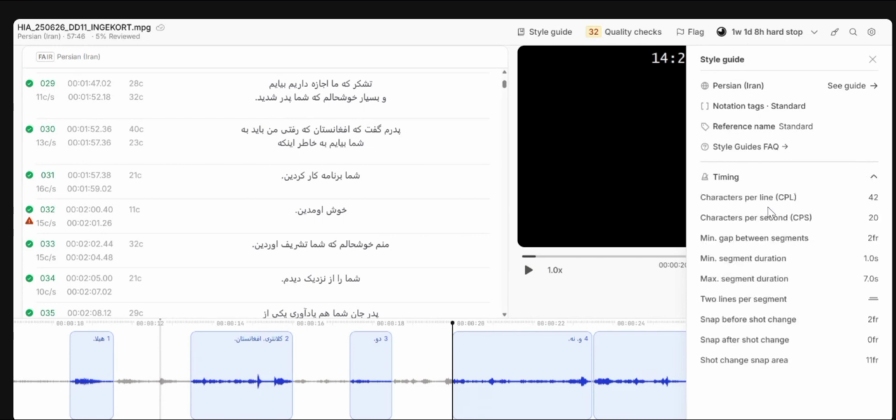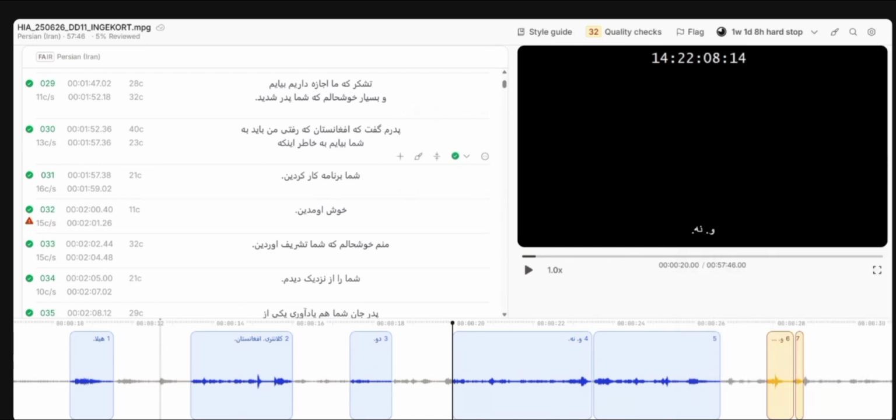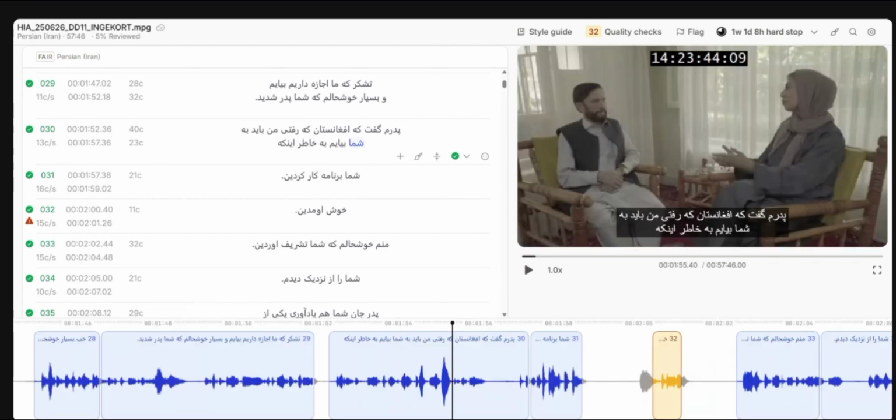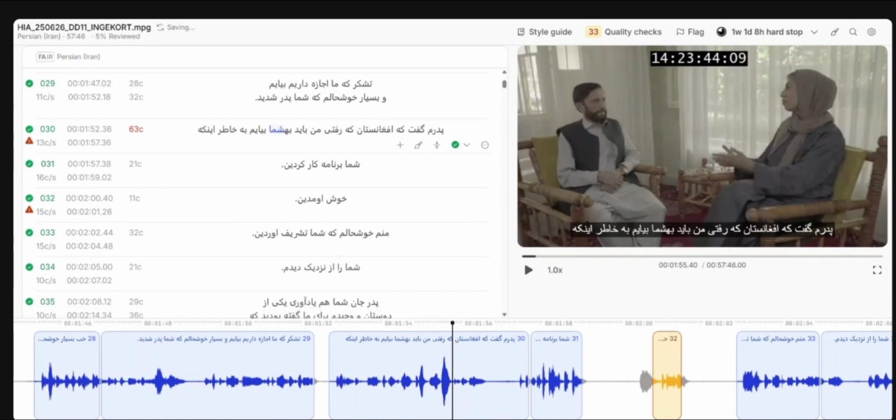Characters per second should be 20, and characters per line should be 42. Maximum 2 lines are allowed in a particular segment, and each line should not be more than 42 characters. If by mistake a single line becomes more than 42 characters, like this 63 characters line,